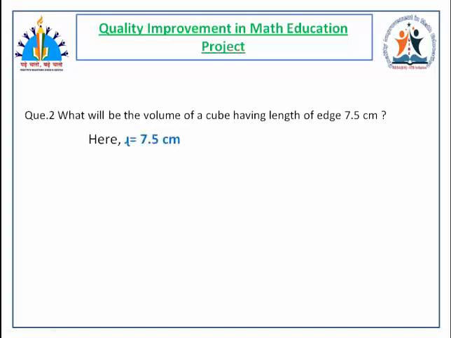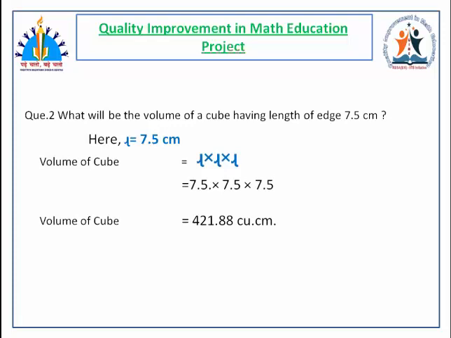Question second, what will be the volume of cube having length 7.5 cm? Here length of cube is 7.5 cm. We know the formula to calculate the volume of cube is L cube. By substituting the values, we will get the volume of cube is equal to